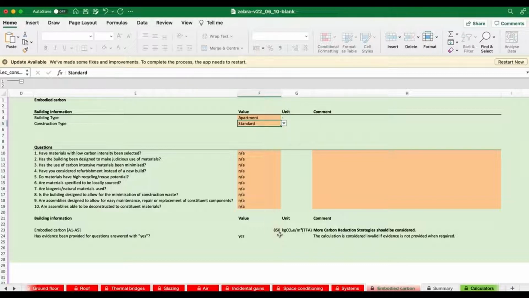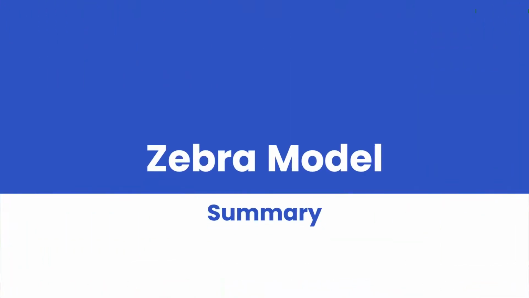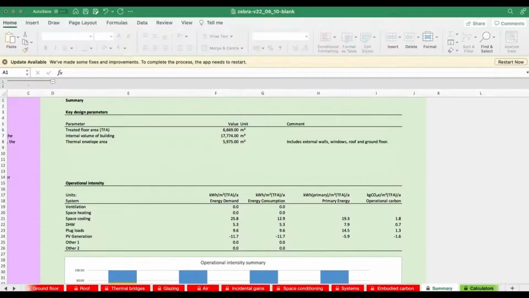We have now got a complete model of our building, and we can turn to the summary sheet to look at our results, which is quite exciting, really. It's going to be our first model. Having entered all the data about the building, we turn to the summary sheet. There's nothing to input on this sheet, and you can tell that because it's not highlighted in red. So you don't need to describe anything else about your building.